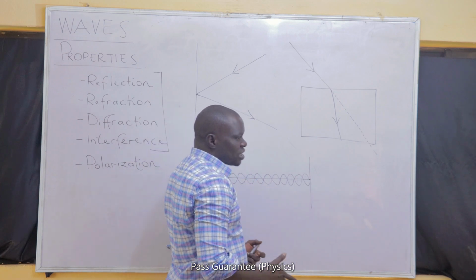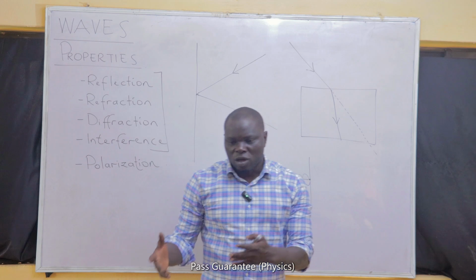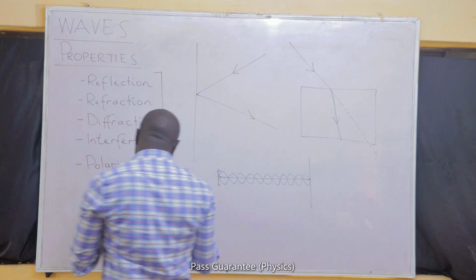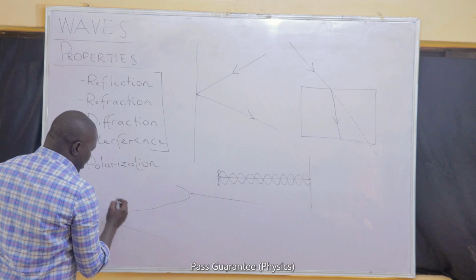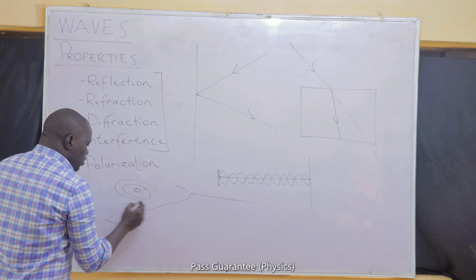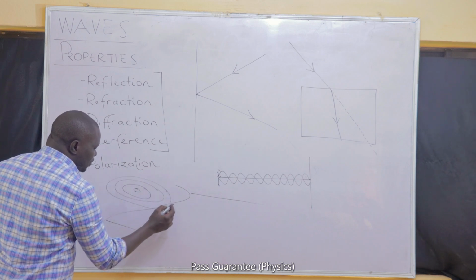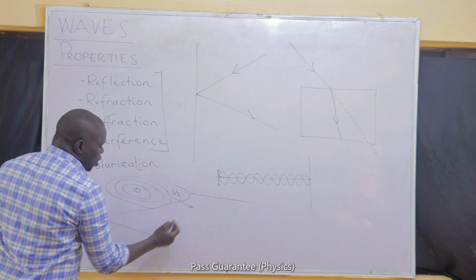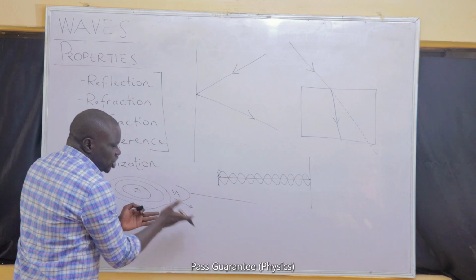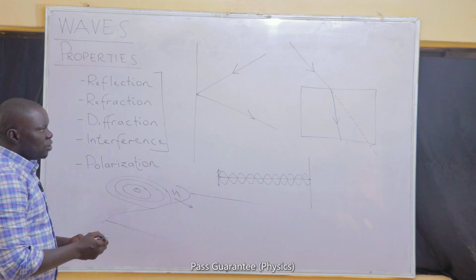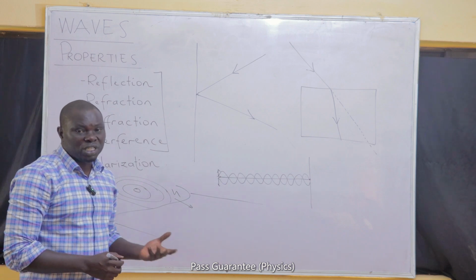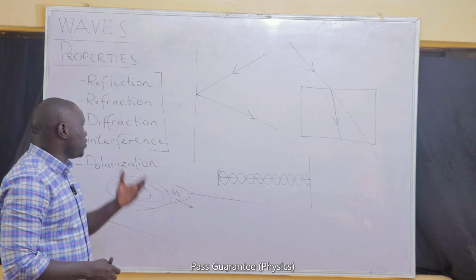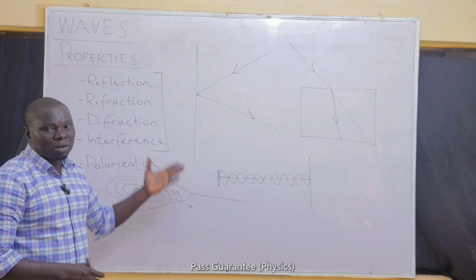Water waves can be refracted. For example, let's say we have a segment of water, and just after that we have a patch of oil. When the wave is about to cross the interface between water and oil, the shape, the pattern of the wave, the wavelength and the speed will also change. In fact, refraction changes almost everything about a wave.